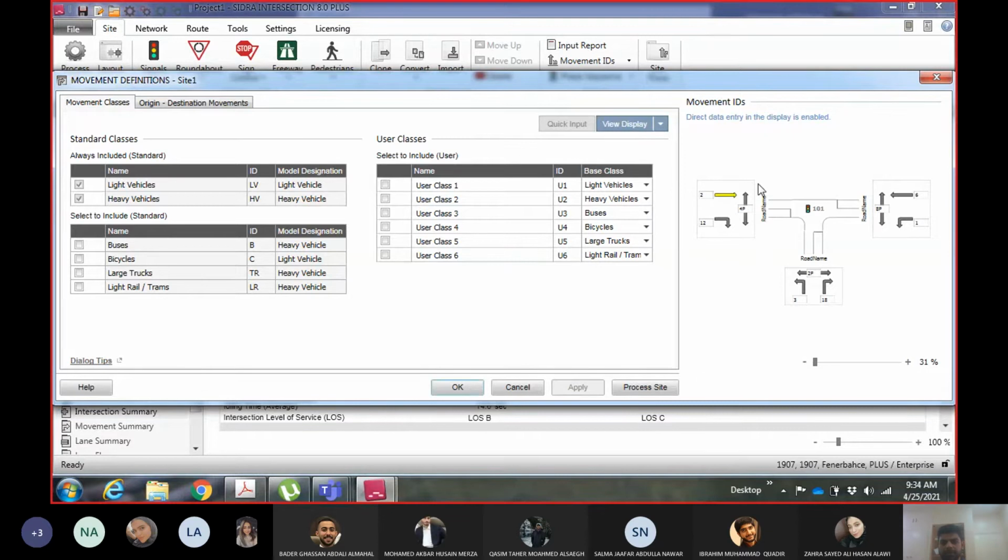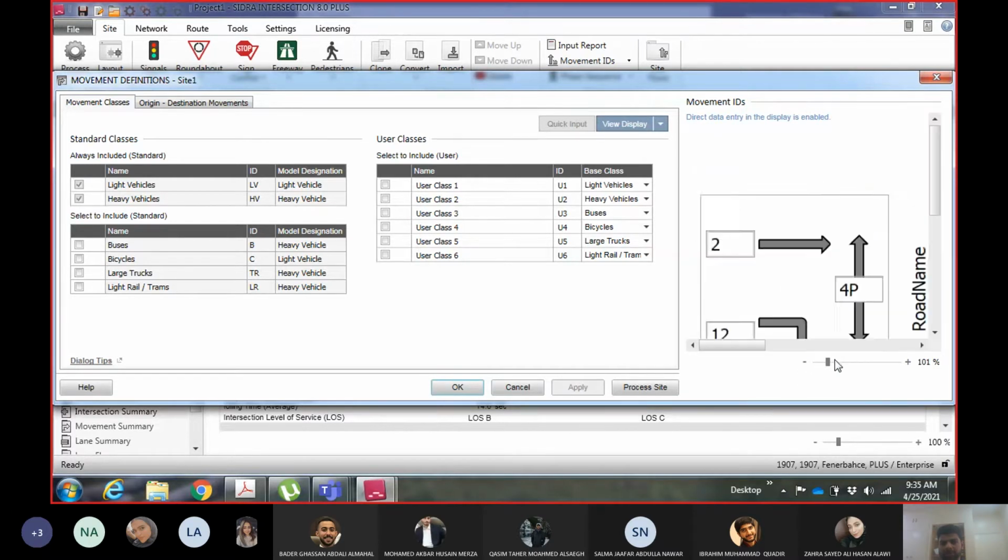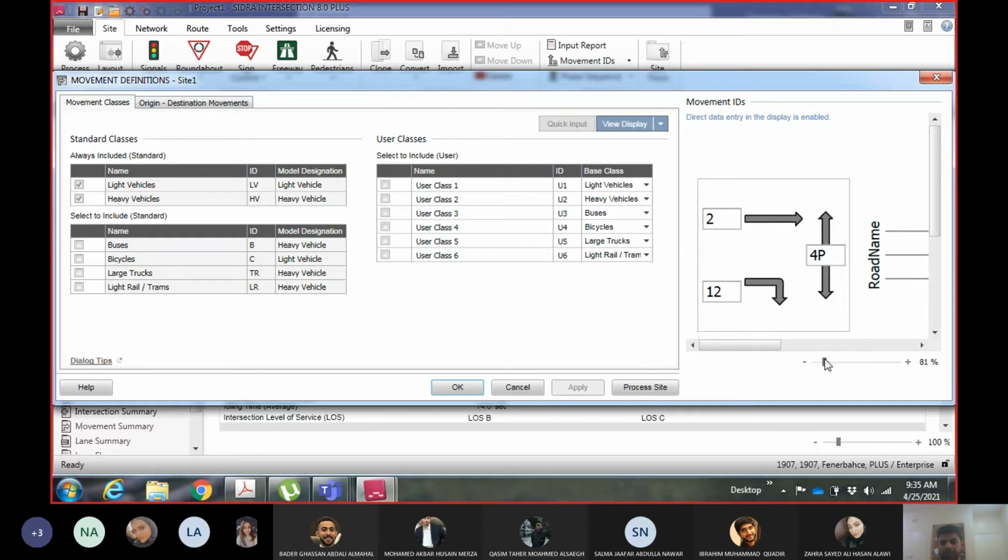You can name the movements, you can put a number to the movement. You can increase the size. The movements cannot be selected from here. This is just for naming of the movements. So this movement is numbered as 2, this movement is numbered as 12, this pedestrian movement is numbered as 4p, and so on.